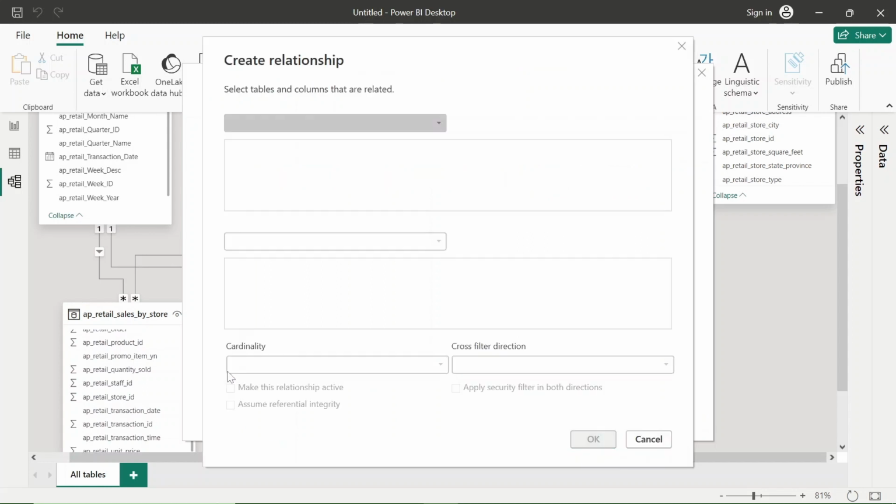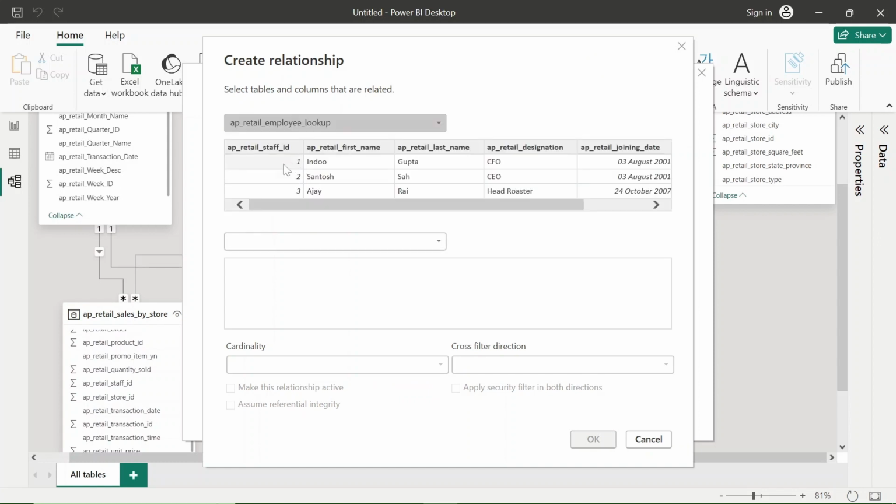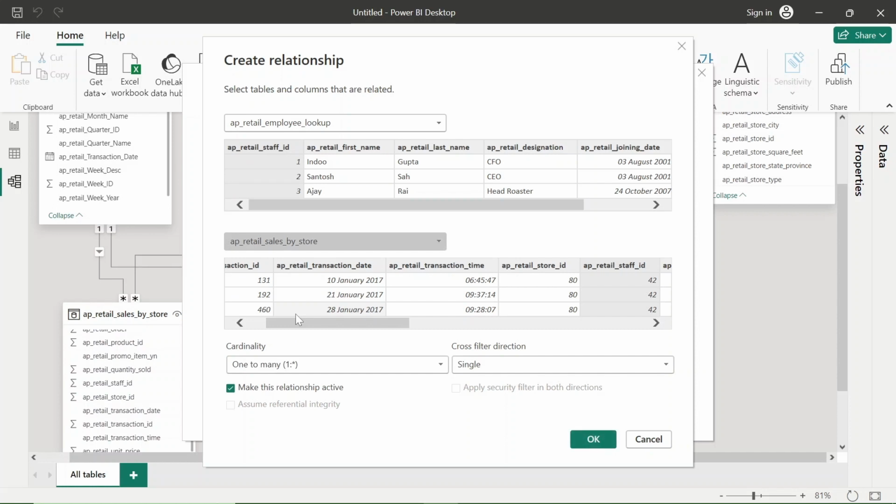New. The relationship we are going to create is employee lookup, staff ID, and AP retail sales by store.